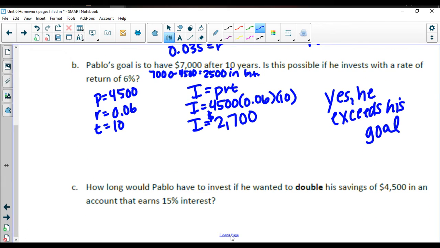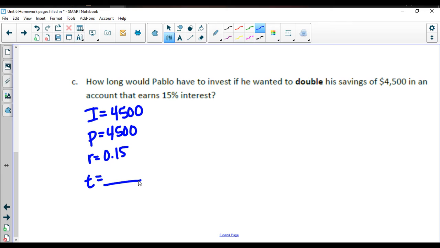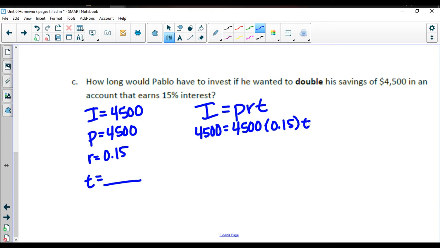How long would Pablo have to invest if he wanted to double his savings of $4,500 in an account that earns 15% interest? So if we're trying to double it, our interest needs to be $4,500, but our principal is $4,500. Our rate is 15%, and we're trying to figure out the time. So I equals PRT. So we have 4,500 equals 4,500 times 0.15 times t. So 4,500 times 0.15 is going to give me